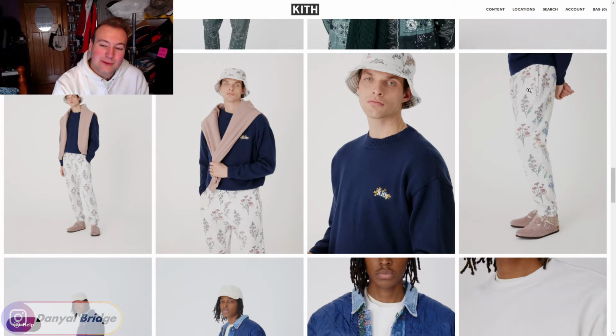However, I don't like it with these pants. I think these pants with all these different flowers on it, it's just a little bit too adventurous for me. I can't do it. I could not see myself wearing that type of pants. It looks very grandma-esque, and it's just not my vibe. It works well with the bucket hat. Don't get me wrong, the bucket hat's nice, but the pants...